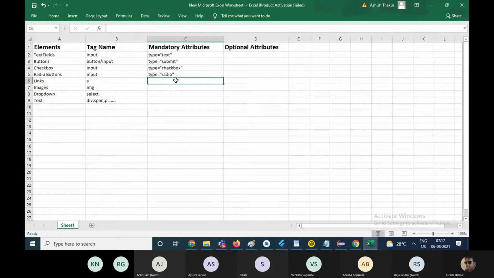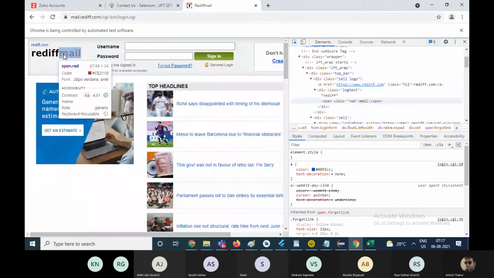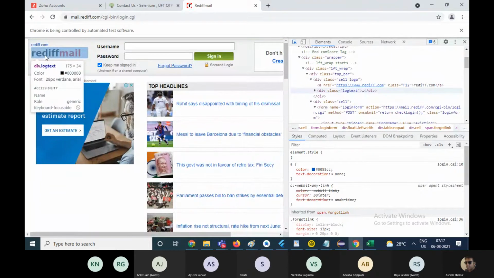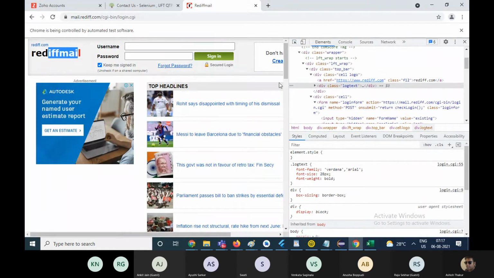So in case of a link, you will always find this attribute href. In case of an image, like this is an image. No, this is not an image.